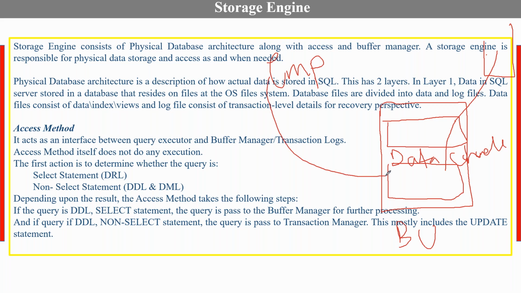The storage engine first goes to the data cache and verifies whether any data is available in the data cache with respect to the query, meaning the object. Select star from emp. In case your data is available in the data cache,